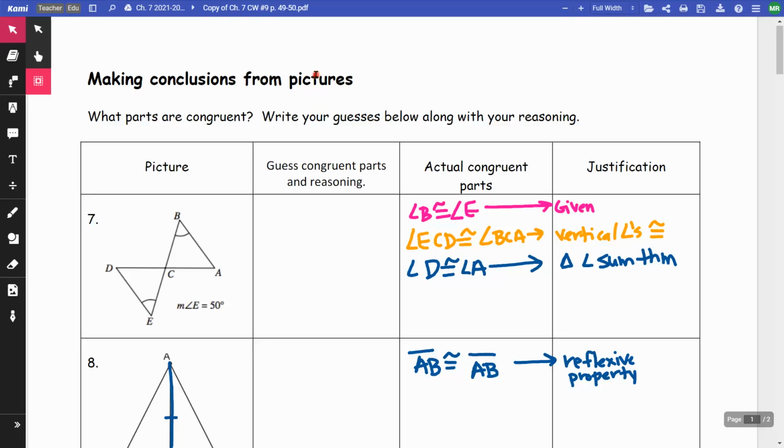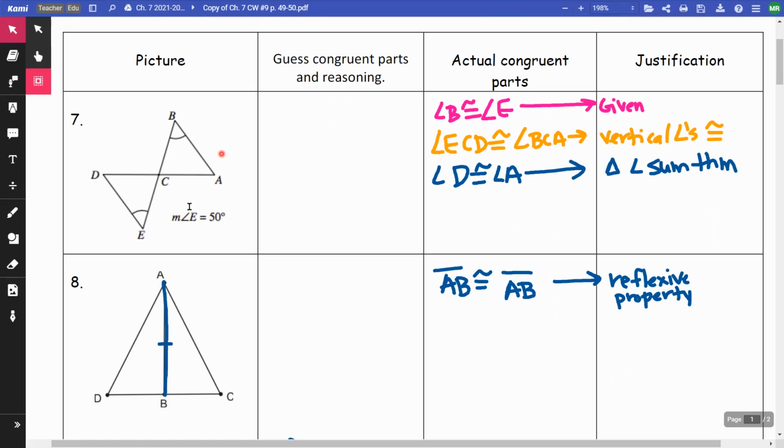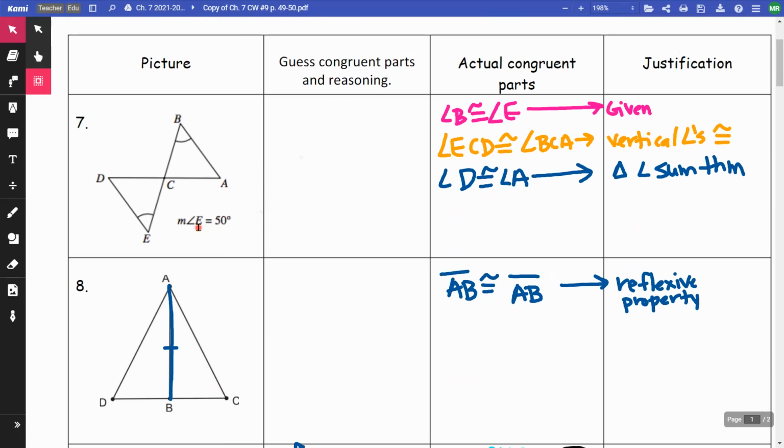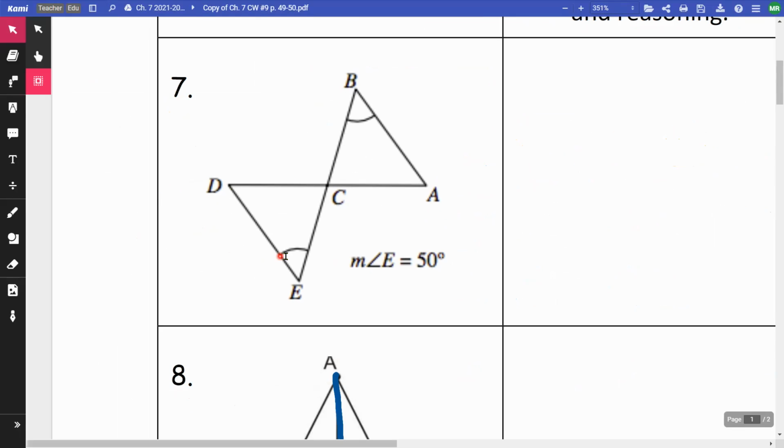So this video is on Integrated 1 classwork, page 49 to 50, classwork number 9. On this, we were trying to figure out what things are congruent. And so when we're looking at number 7, what they gave us is that angle E and angle B are